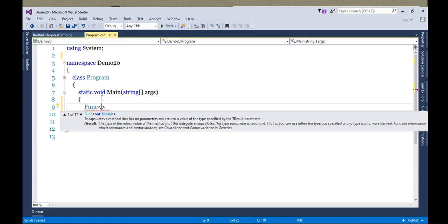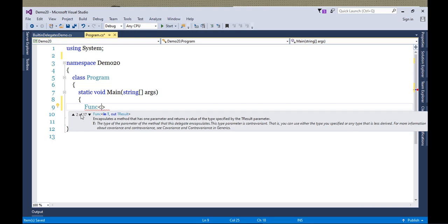Now if you think about the first overload, what kind of parameter is it expecting? Output. And what I need to specify is the type of the output parameter. Is there any input parameter required for this? No. So if my method is not taking any argument, but it returns a value, then I will use this first overload.